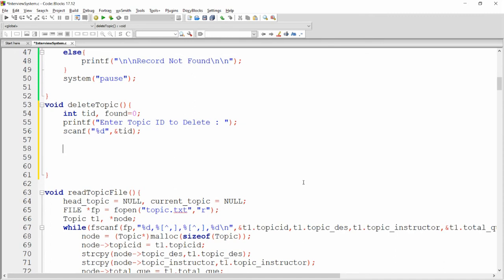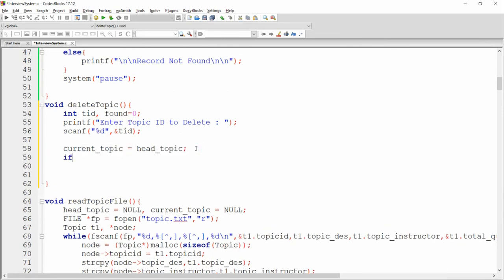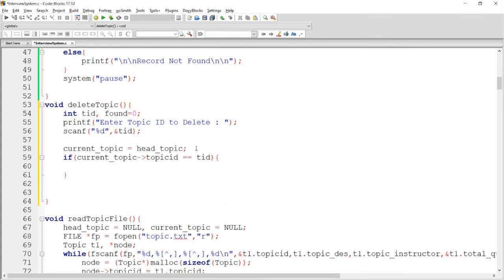Now there might be a chance the user deletes the first topic, and that is the head topic. If the user deletes the first node, then I want to make the second node the head node. So here we can write that current topic is equal to head topic. So current topic is pointing to the first node. Now if current topic dot topic ID equals this topic ID, it means the user has entered the topic ID 1.